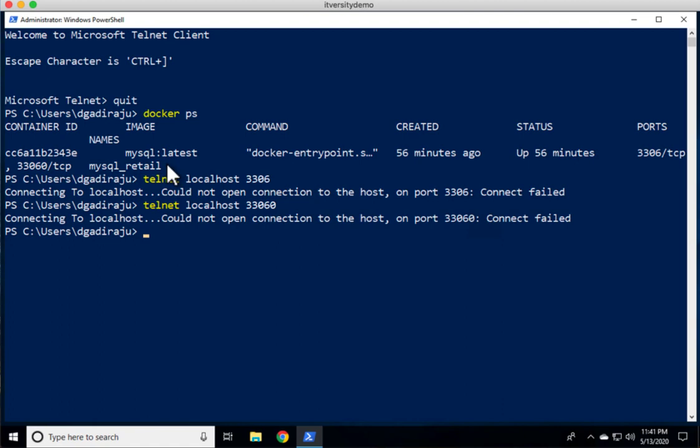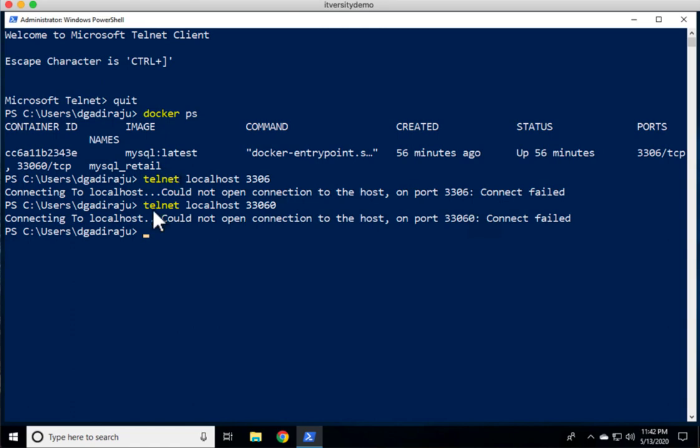Based upon the service you are trying to connect to, you have to make sure you take corrective action so that telnet works first, and then you should be able to connect or take necessary action using appropriate tools to connect to that service or database running on a particular port. When it comes to Telnet on Windows 10, it comes out of the box. It's a matter of getting into control panel and then Windows features, and we just have to enable Telnet. Once that is done, we should be able to use Telnet as part of command prompt or PowerShell, and we should be able to troubleshoot the issues related to connectivity.